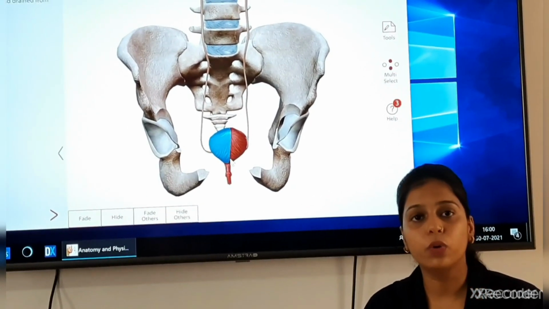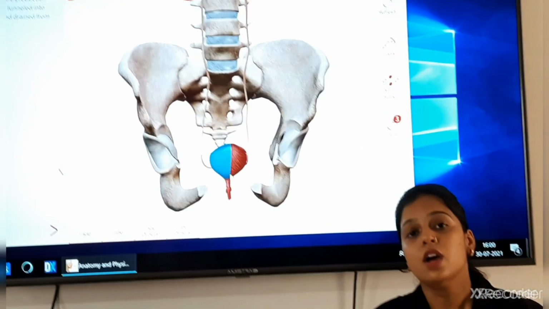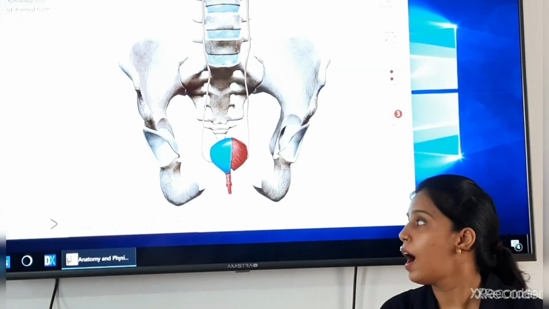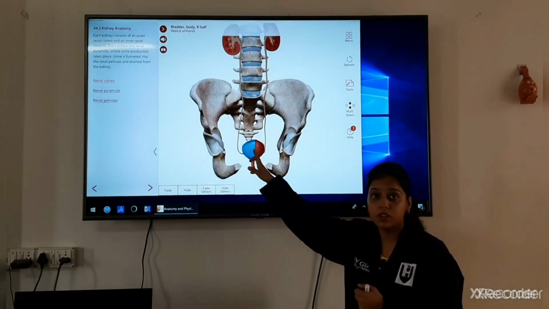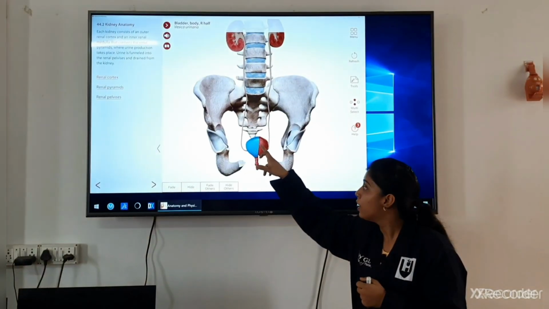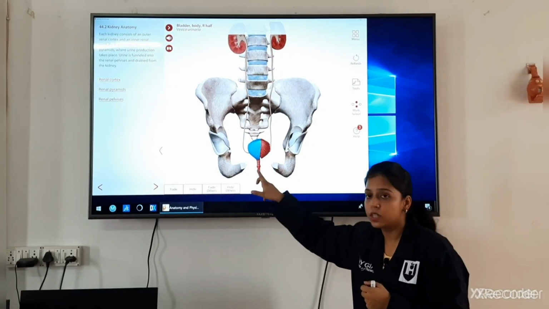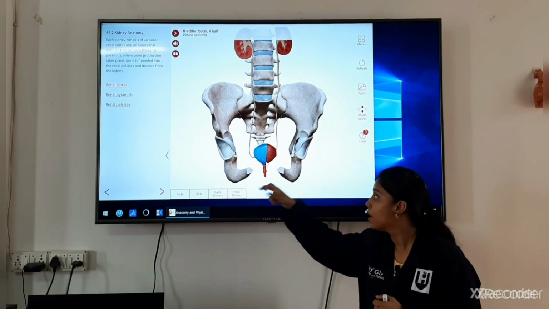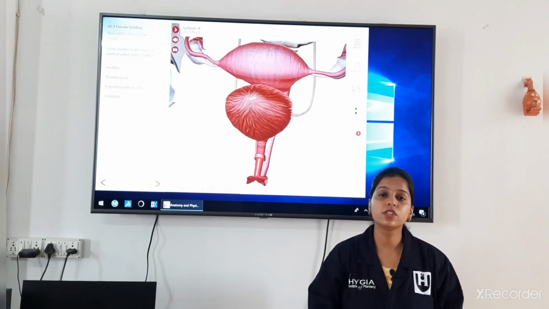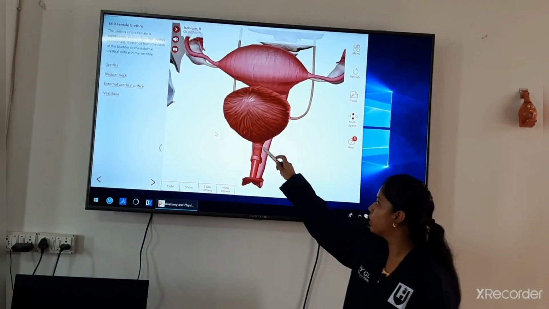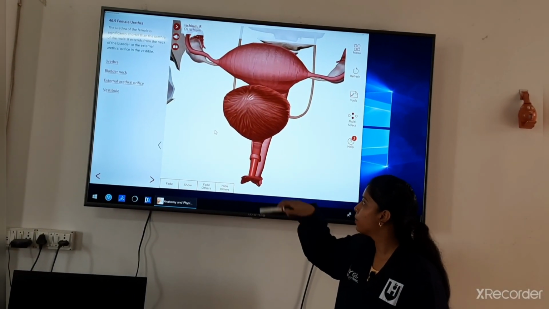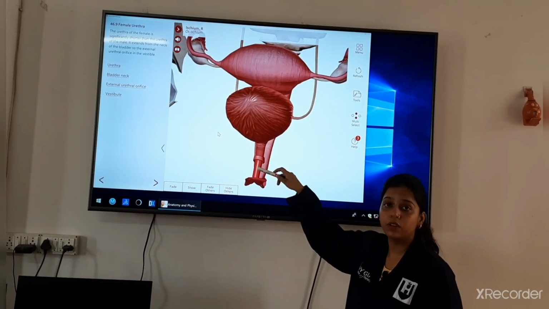Function, I have just told you, is that they are responsible for the temporary storage of urine, because the contraction of this detrusor muscle pushes the urine from this part toward the urethra, okay. Moving towards the last part in the urinary system, that is the urethra. The urethra is a tubular structure, you can see over here. It is the female part. I am just showing the urethra part.